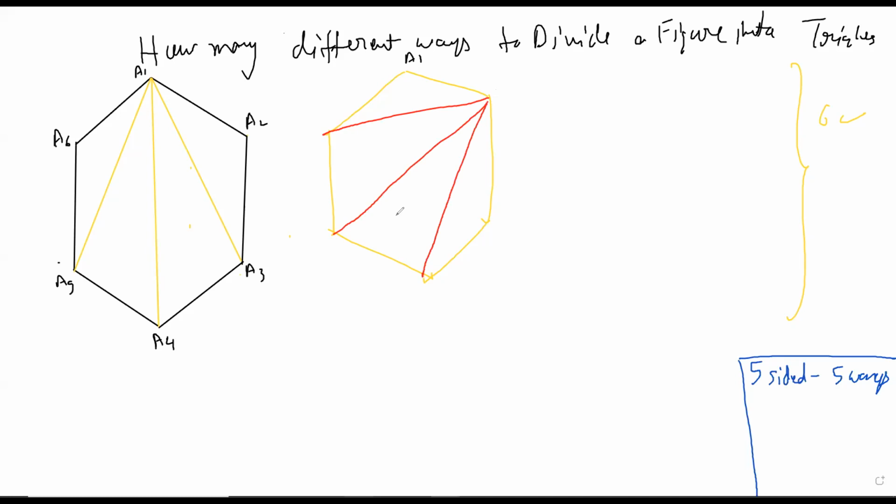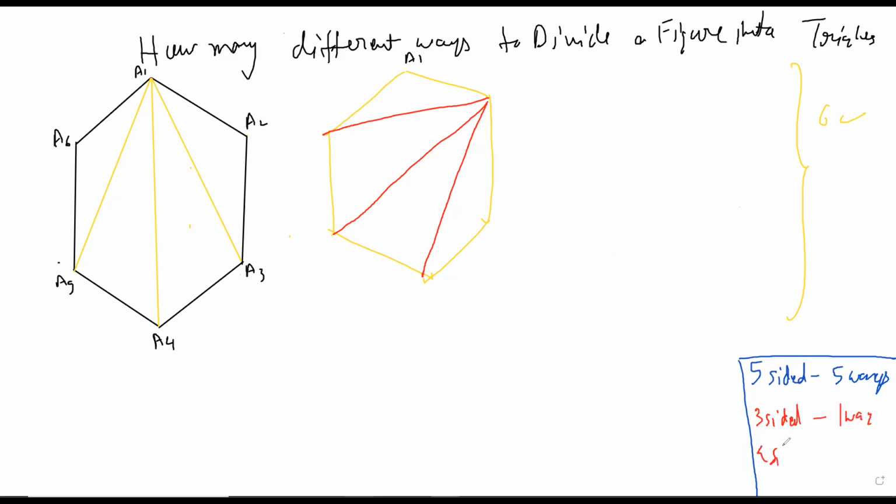I did for triangle, it was only 3, and for rectangle it is 4. No. For triangle, it is not 3. For a triangle, it is 1. How do you get 3? For a triangle, it's just a triangle. There are 3 vertices, but if you have 3 vertices, then there is just one way to divide it, and that's already what's in front of us. So for a triangle, it is 1. For 3-sided, there is just one way to divide.